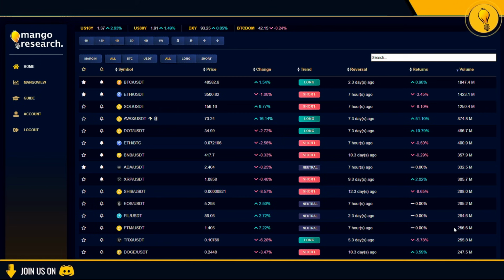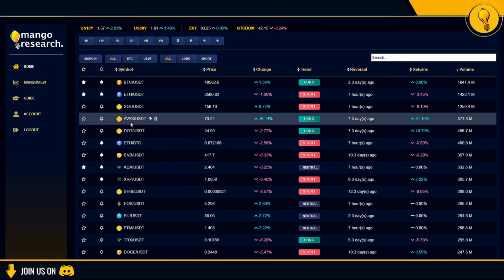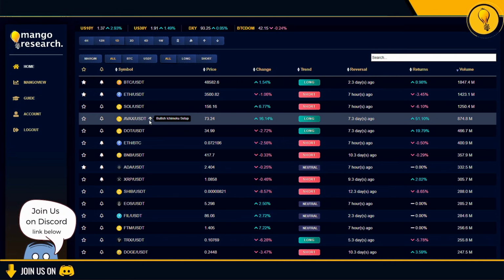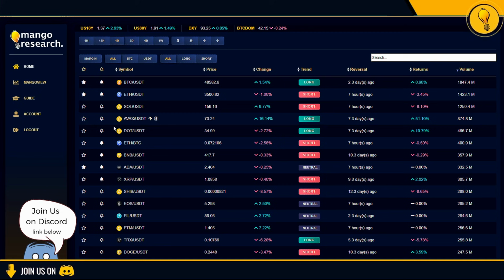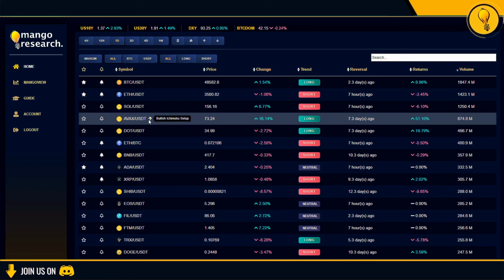Okay, so let's start with the dashboard over here. As you guys can see, Avalanche is showing on the dashboard, 50% returns since the dashboard gave the call around 7 days ago. I was actually eyeing it a little bit prior to that, but getting that confirmation from the dashboard really helped. But more importantly, we also have the bullish Ichimoku setup call right over here, and this is one of the new features from our developers of the dashboard. Shout out to Mox on this one. And yeah, I like that confluence.